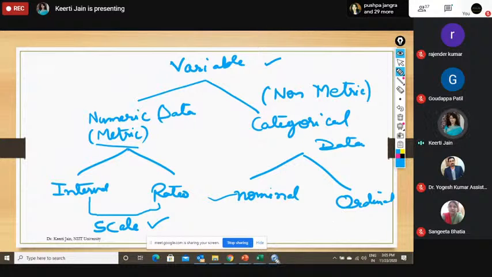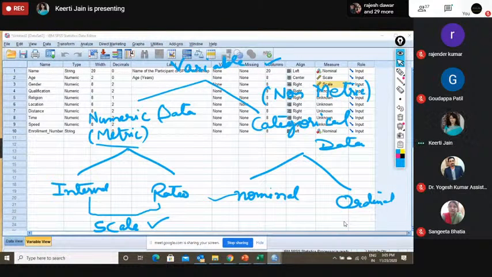We can go back to SPSS, and there you can see that when we are finding for a string, there are two categories: ordinal, nominal. Similarly, if you are considering this one, here you can see scale, ordinal, nominal. Fine. All the three are available here. So basically, when we are talking about SPSS, you have to take in consideration only three classifications: